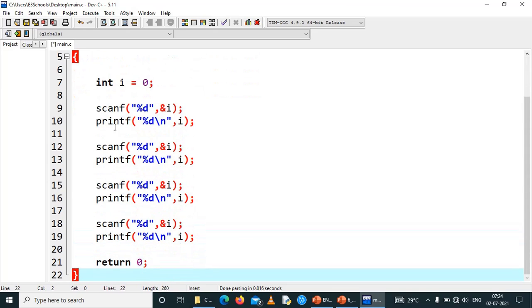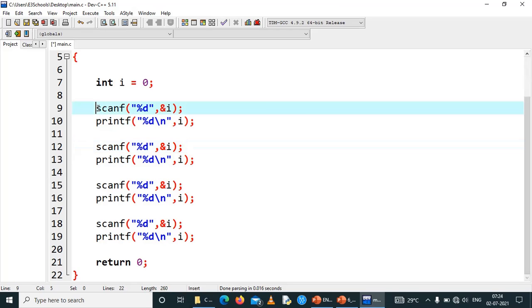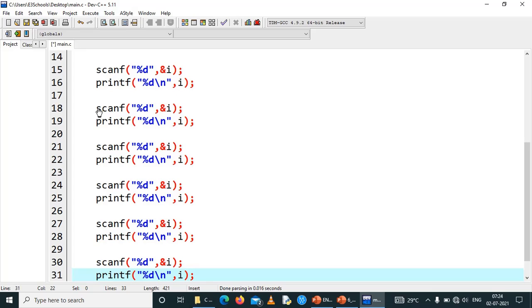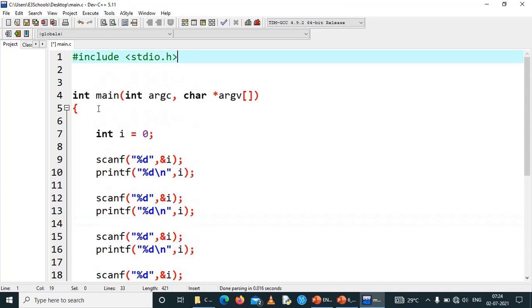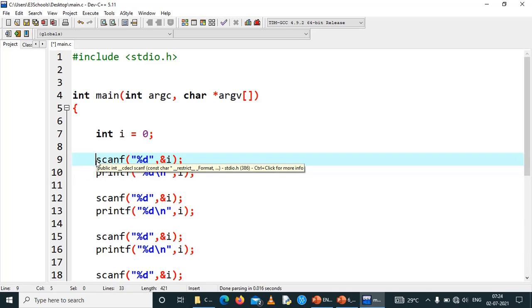Now what I have done is just copied these two lines and pasted them three more times. So totally we are simply doing the same thing again and again, four times. Now the eighth time. So totally 8 times we are getting input from the user and printing the value. It is obvious that the same code is repeated all 8 times. So imagine the number of lines occupied by this concept: 8 into 2, 16 lines occupied.